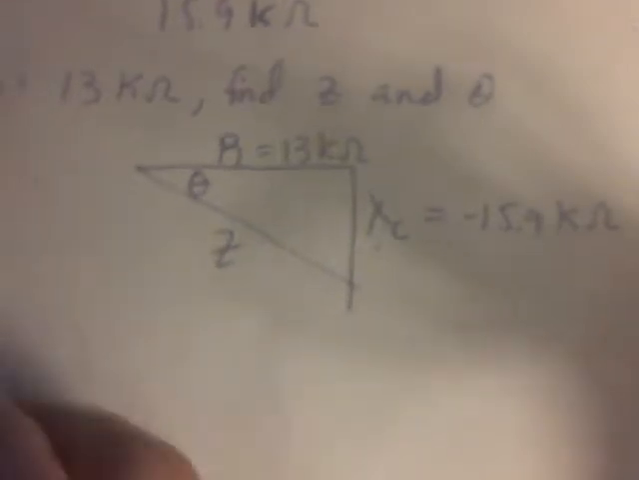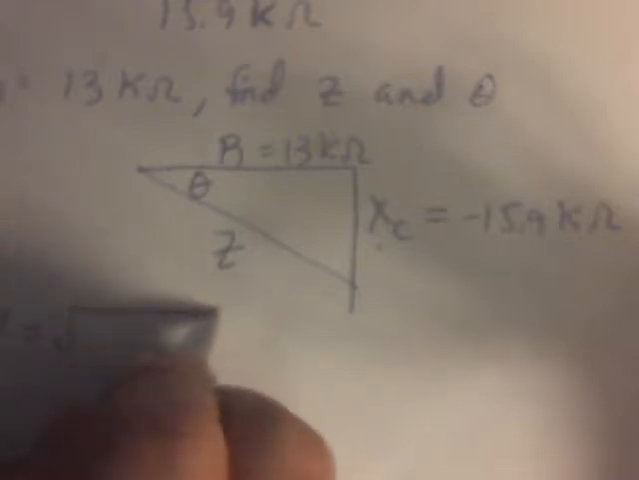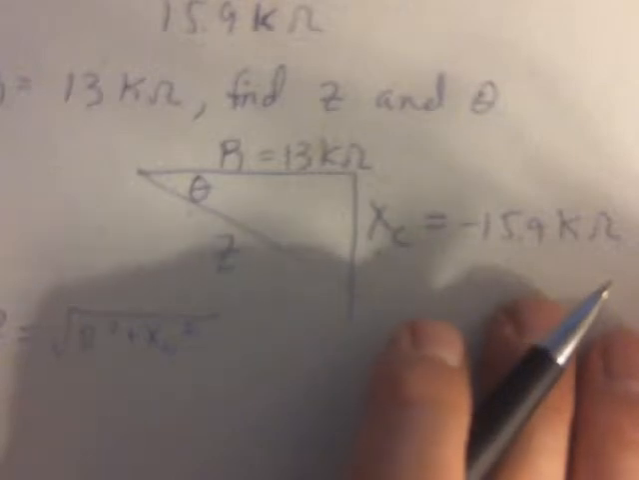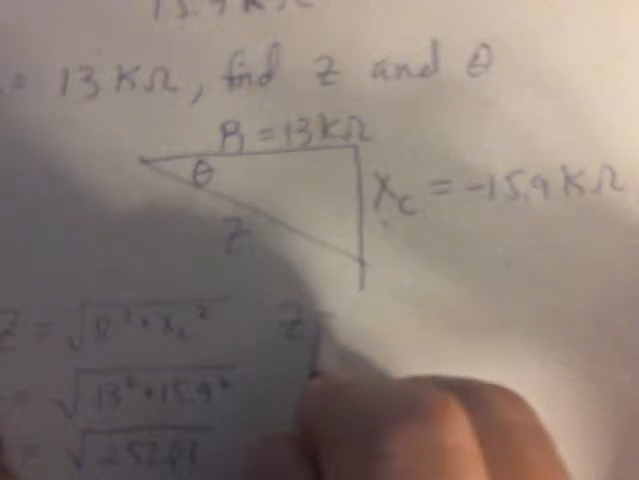So if I want to find Z, I use the Pythagorean theorem, and since Z is the hypotenuse, I'll take R squared plus x sub c squared. Even though x sub c is negative, for ease of calculations, because when we square it everything becomes positive, I just enter it in as positive. And then I take 13 squared plus 15.9 squared and I get 252.81. So then I take the square root of that,